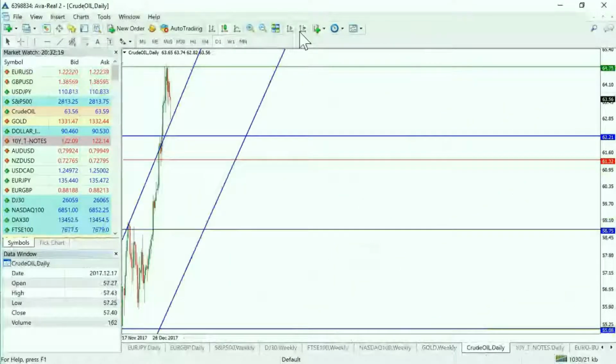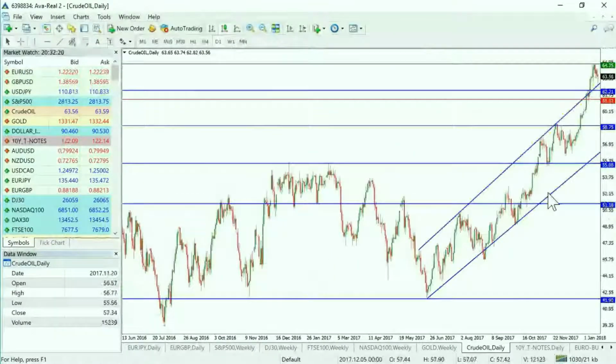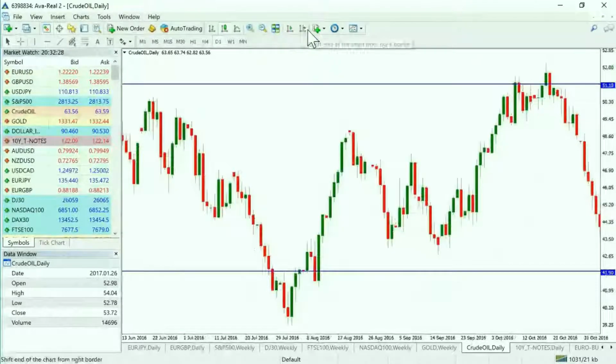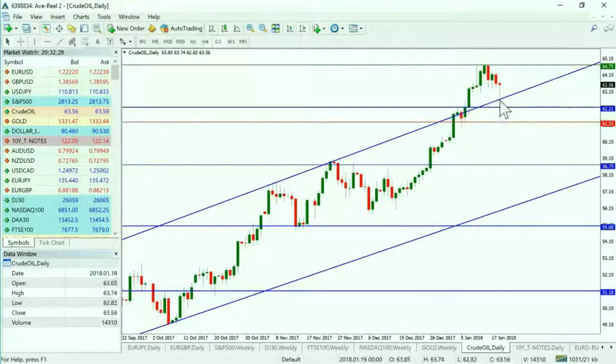We've got a strong bias to the upside in this market, and we've had it for a little while now. And we have seen the pullback that we were looking for, as you can see. But it was more of a pullback that bounced off this horizontal level. Now, it would have been nicer for us for the market to come back to this level of support in here, the 62.20, before taking that market longer. But it seems like this ascending line has been the reasonable level of support in this market.